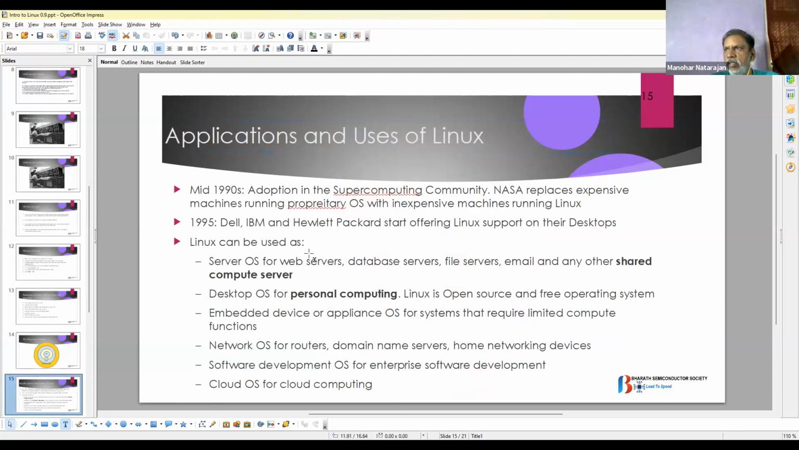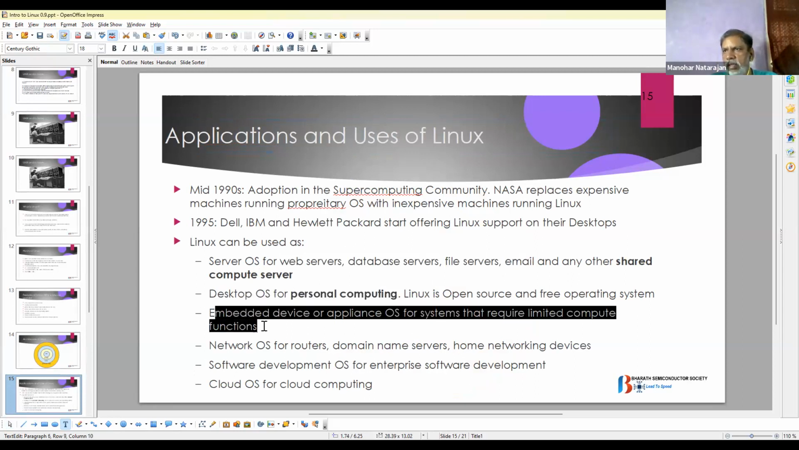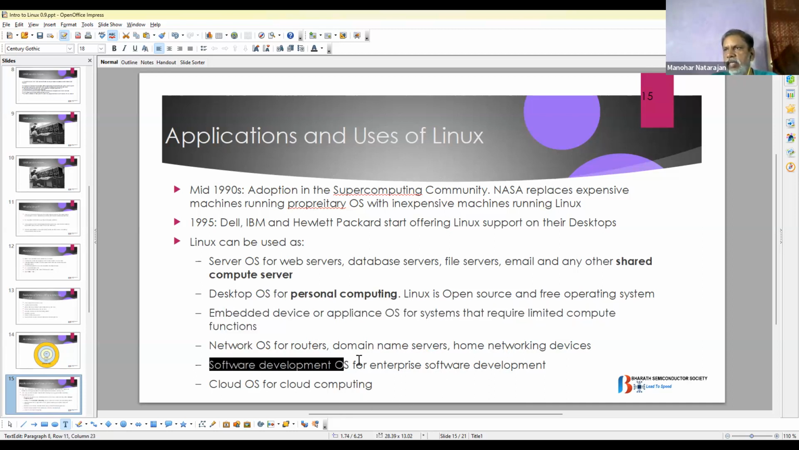Okay, so we saw some of these. We saw that Linux can be used for web servers, database, file server, email, and other shared applications. Linux has been very popular for desktop personal computing. Embedded device, we saw Android. Then for routers, name servers, home networking devices, cloud computing, enterprise servers. EDA is a very good example of using Linux in an enterprise